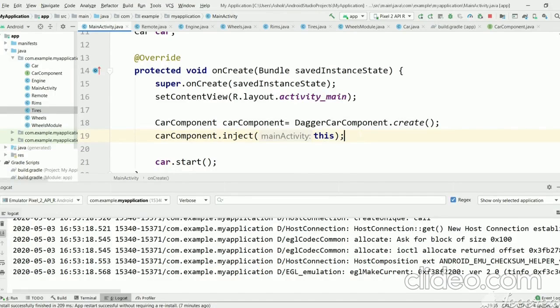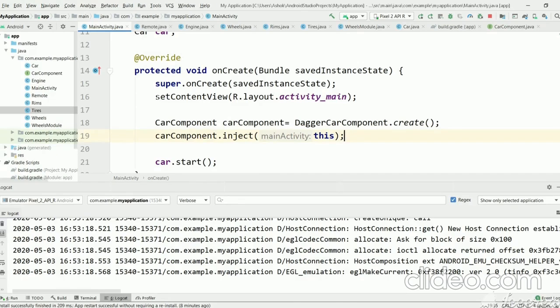This is part 7 of the Dagger tutorial. I hope you watched all the Dagger tutorials before, till part 6. Till part 6 we have learned different ways of creating dependent objects. For the car example, we have seen field dependency injection, method dependency injection and constructor dependency injection, and we have also seen how to create objects for third party libraries.